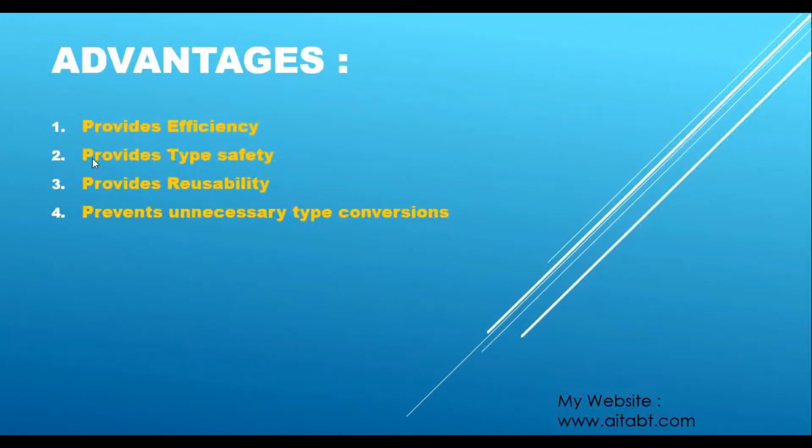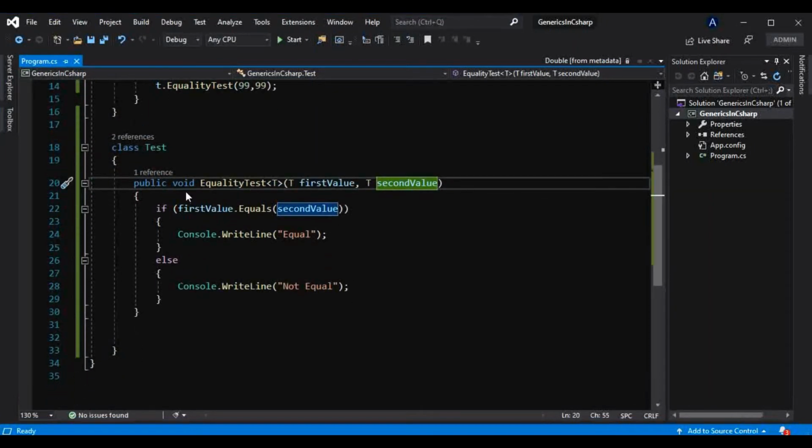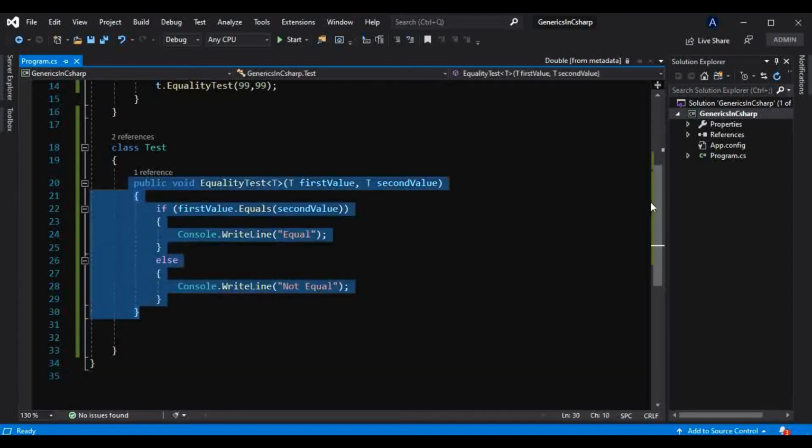So that's how it provides type safety to our code, and also provides reusability. As I have shown you, instead of using so many methods, that is two or three methods, we are using this single method many times.